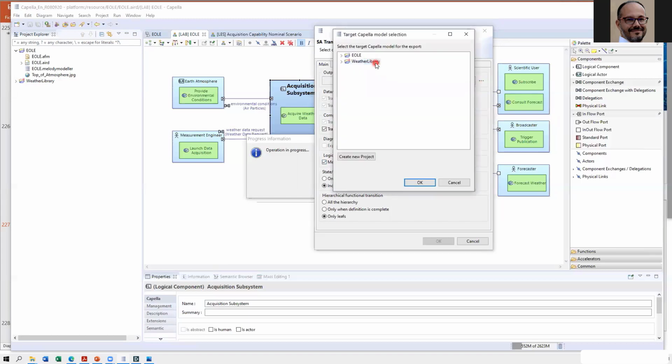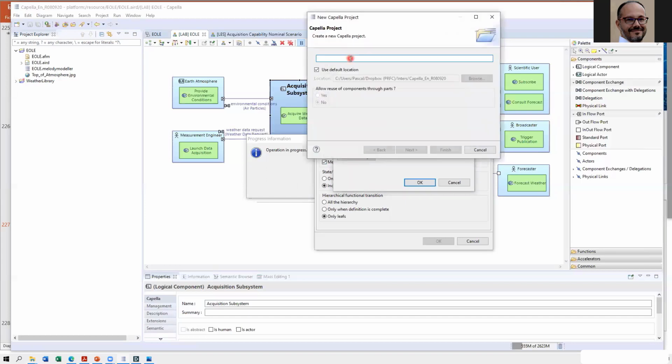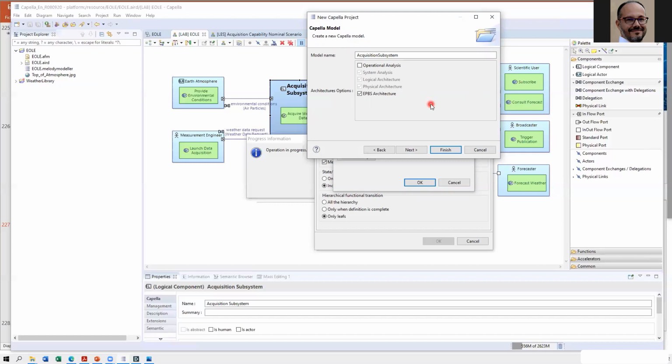So of course, I don't want the subsystem to be in the same model as the others. So I want to create a new project for this acquisition subsystem. Okay, I will put it in the same workspace to simplify. And a little subtlety, when you subcontract a system, probably the subcontractor doesn't need to spend 1 month on the operational analysis of it.